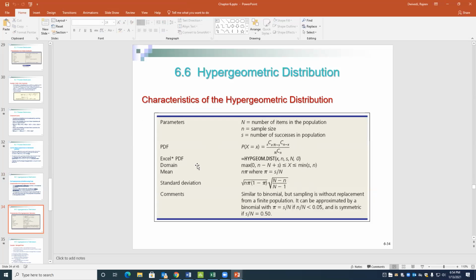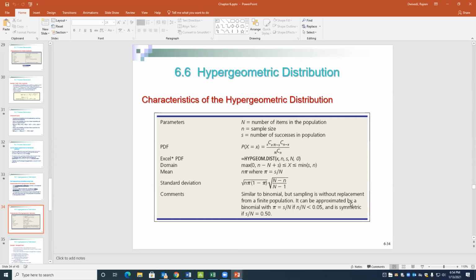Here is the PDF function, here is the mean function, here is the standard deviation, and look into N equal to the number of items in the population, n equal to the sample size, and S equal to the number of successes in the population. Based on that, we calculate this. What extra thing do you get? For example, out of 5,000 students, I'm selecting 50 students. So the 5,000 is the population, and you are taking a sample of 50 students. Same thing here, the comment: